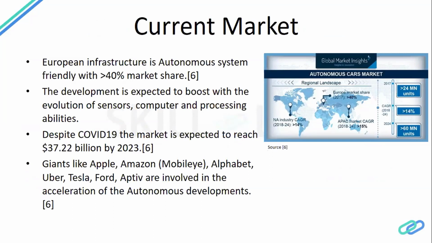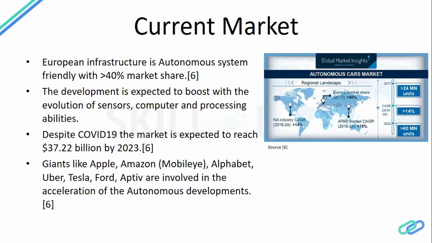So what is the current market basically going on right now? There has been the COVID market crisis, and the companies involved with autonomous systems are trying to figure out how they can recover from this market and the change in demand. But let me tell you, research and development in autonomous systems is very demanding, and it's still on the rise. A lot of companies want to deploy their autonomous vehicles or new technologies involved in autonomous systems onto the road in the coming years.